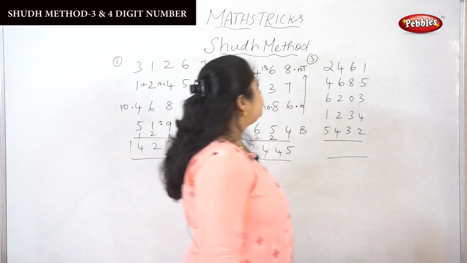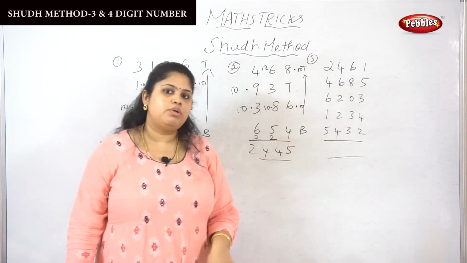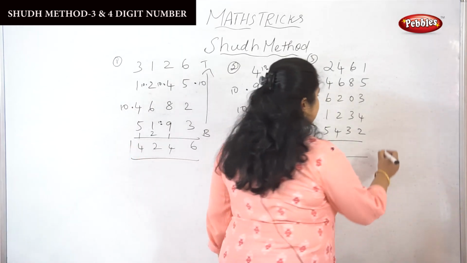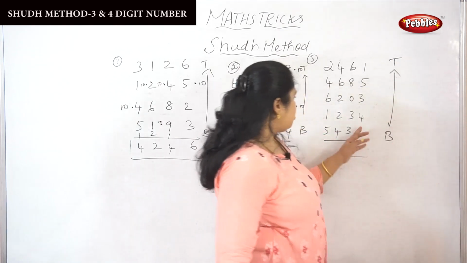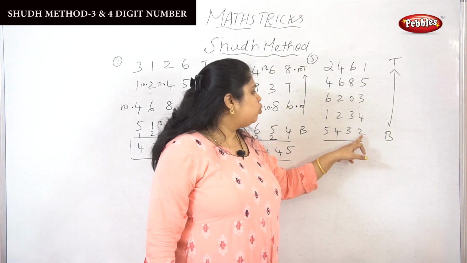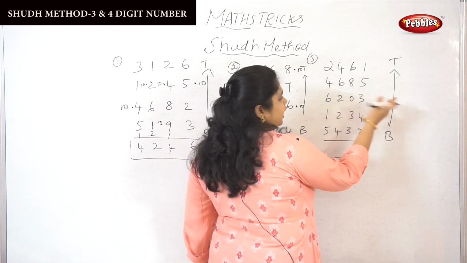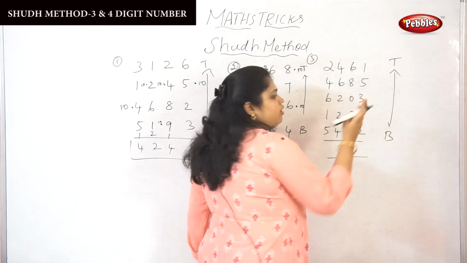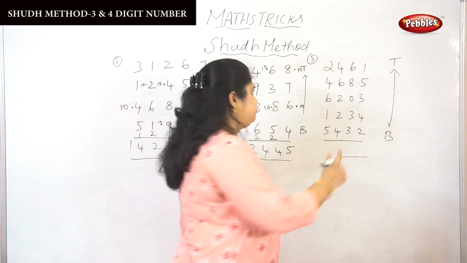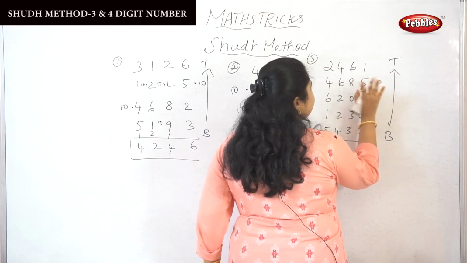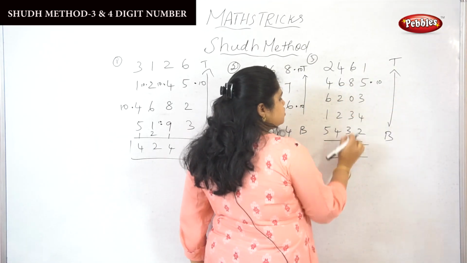Okay, so let's move to the next 4-digit number. What is the very basic rule to apply the Sooth method in addition? Yes, what is the basic rule? We want to perform the addition from the bottom to top. Okay, so what is the number here? Leftmost number 2 and 4. So 6. So there is no 10. 6 and 3, 7, 8, 9, no 10. 9 and 5 is 14. So I am just leaving the 10, and taking the 4 to the 1. 4 and 1 is 5. How many 10s are here? 1 10.